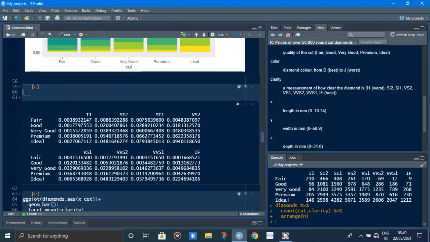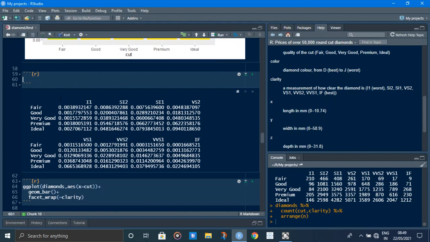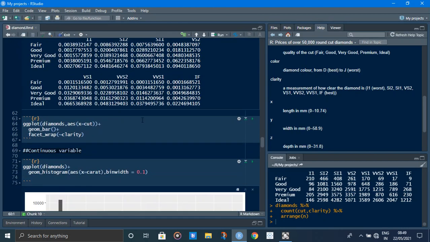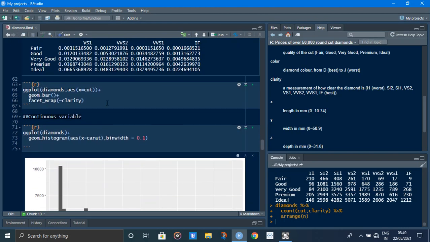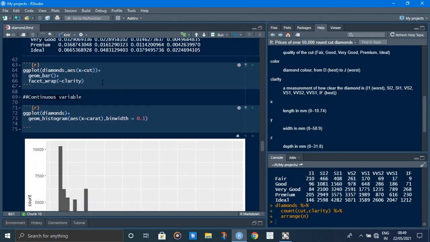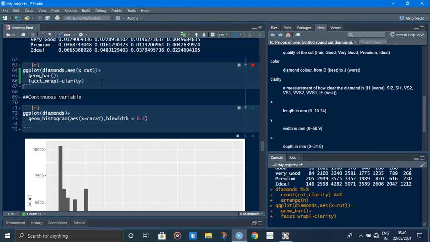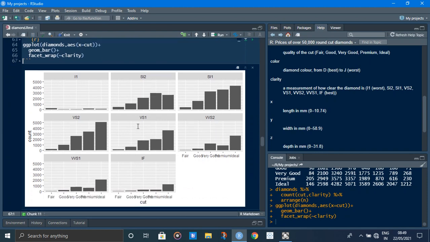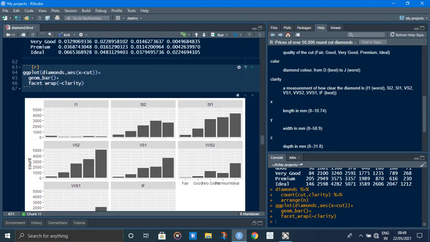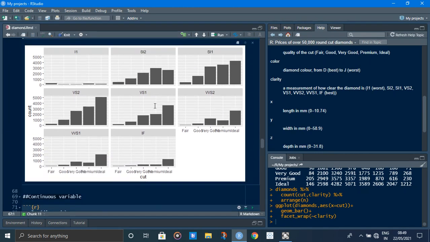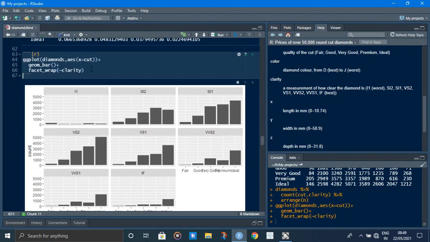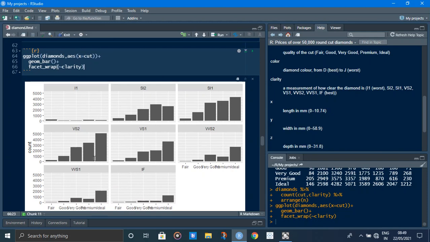Here the code was removed. I don't know what is the reason. Let's run this. We use facet wrap for different bar charts, separate bar charts in different sections. So you can see here.